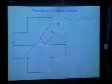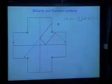OK, so now how would you, as a mathematician, try to analyze billiards in an L-shaped table? Well, there's a simple idea which can also be used already in the case of a square, rectangular table, and it's only slightly more complicated here. So what you do is you consider this red trajectory here, which is bouncing around in the upper right-hand table, and every time it hits a side of that table, instead of having it reflect, you just imagine